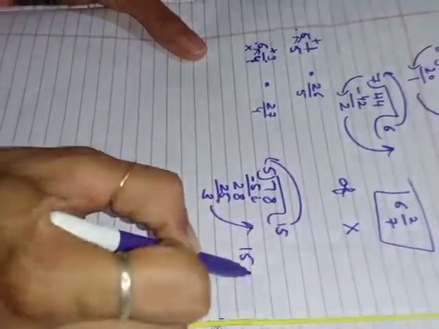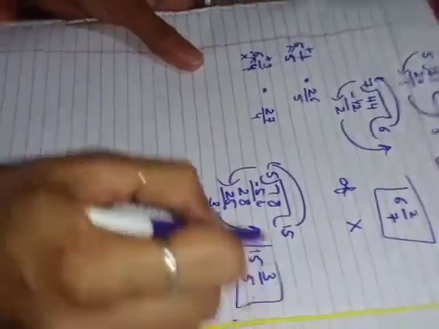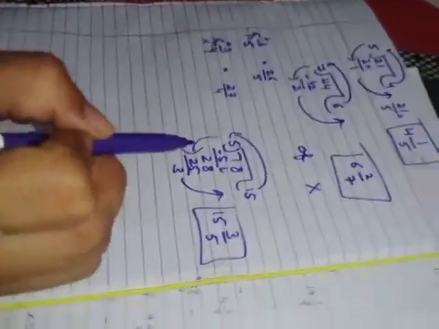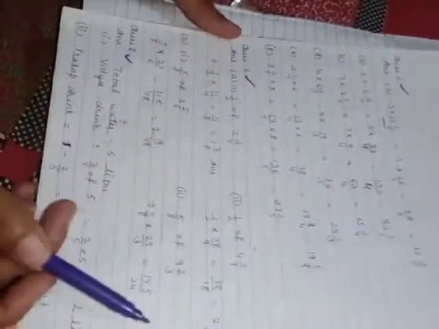That will be in the upper part, so 3, and in the lower part you got the 5. So that is your mixed fraction. Clear? That is 15 3 by 5. Okay, so that is your answer. So the same procedure we will repeat in all the parts of this sixth sum.